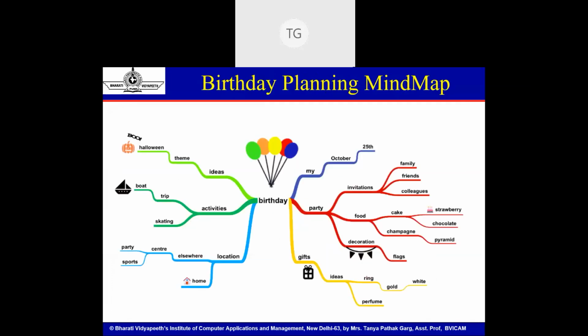Then certain fun activities like birthday planning. If you want to plan the birthday of your kid, then you can even have mind maps for that. There are so many things you need to take care of: locations, people you want to invite, activities you want to do at the birthday party, gifts you want to give. So everything, rather than writing it all down with pen and paper in hard copy format and then probably having to find, the next year, that diary where I planned the birthday of my first child, for my second child.